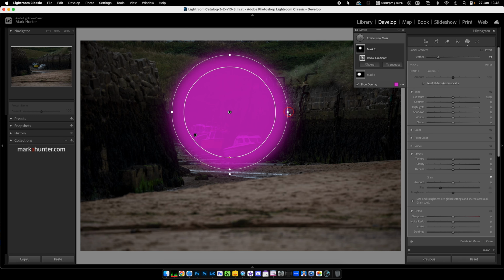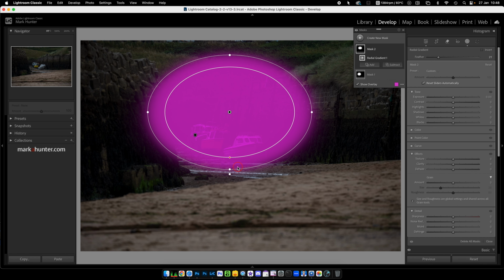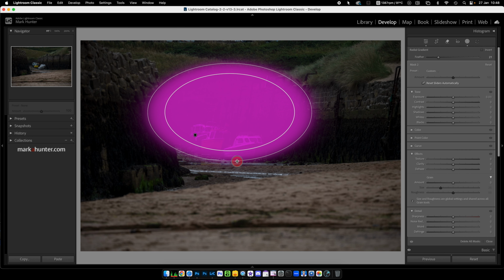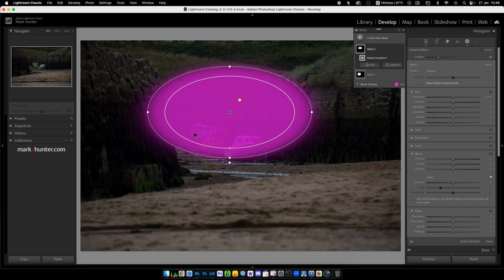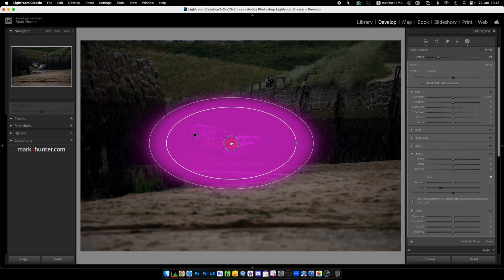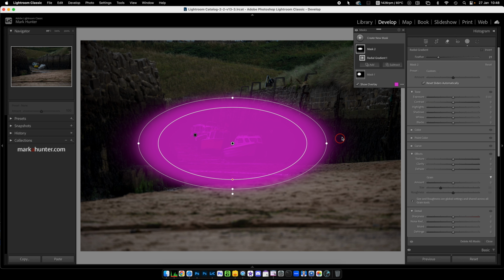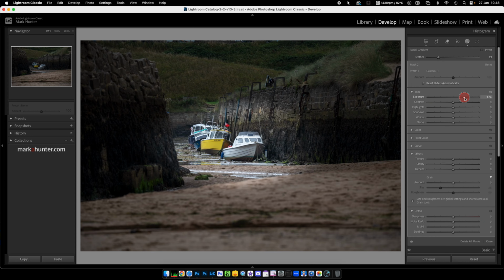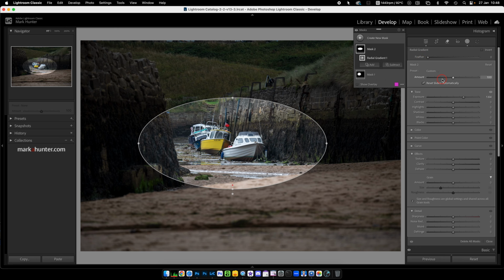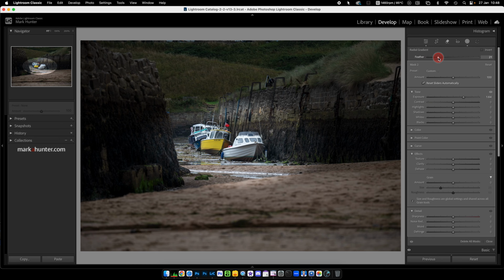Take your shift key off and you're back to being able to actually change this however you want. And I don't care where I put it initially. I'm not precious about getting it right first time, because I'll always recenter if I need to. And I'm going to put that there. Now I'm going to put an exposure lift on it because I want to demonstrate the effectiveness of feathers. That is clearly not very good, but as I feather this more, your eye doesn't realize that has been lit,